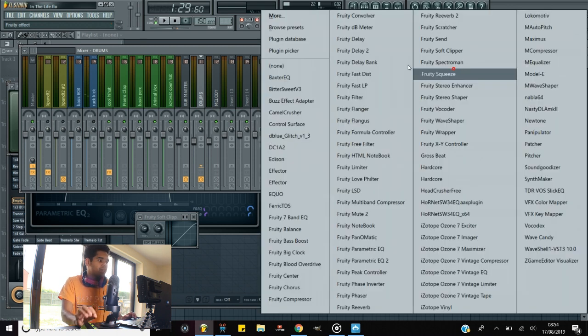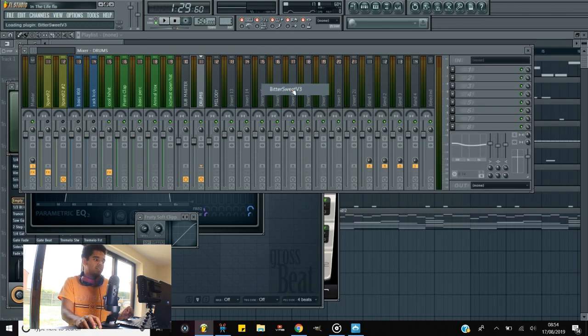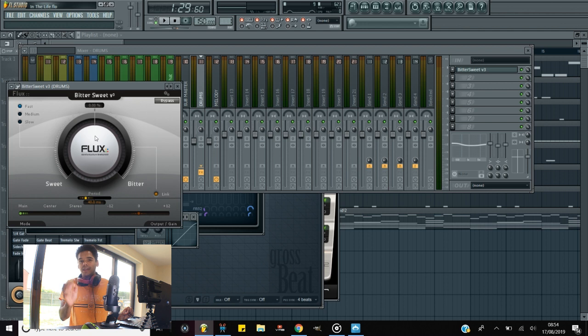Okay, bit of low end, bit of high end, you know, just to make it sound a bit sharper, and then just to beefen up the low end as well. Then I add this free plugin, it's called Bittersweet, okay? This is basically a transient enhancer. So basically you turn it up, it makes the top end of each sample in this bus cut through the mix a little bit cleaner. So this is what it looks like, and it's just one knob, and I just literally drag it up just a touch, just to make it a little bit crispier and punchier. Okay, a little bit of a difference, but it needs to be subtle